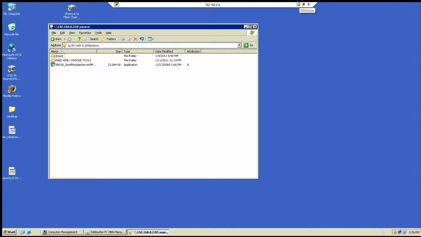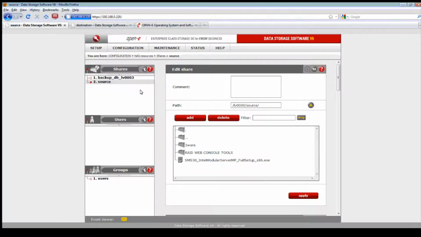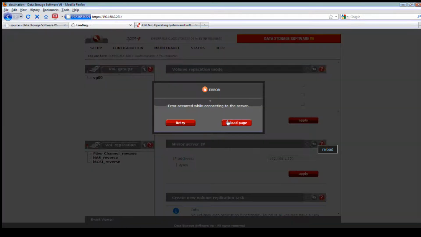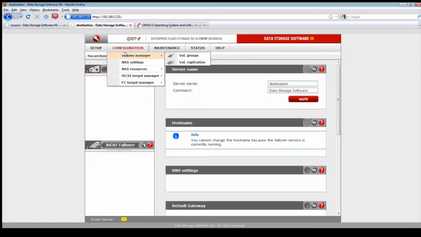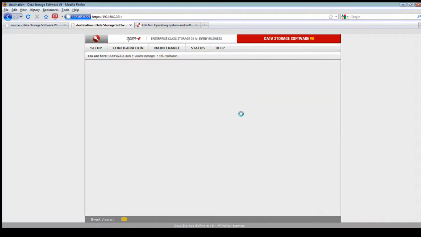Here you'll see that LV00 is my NAS volume. I have information on my NAS volume. If we go to our shares, I created one called source. In source, if we look at the path here, we have files. If we go into our 2003 system, let's close out some of the files here. Let's verify. So 0.220 is the share, here's the source. All right? Now, we would like to replicate at the volume level because it's faster than at the file level.